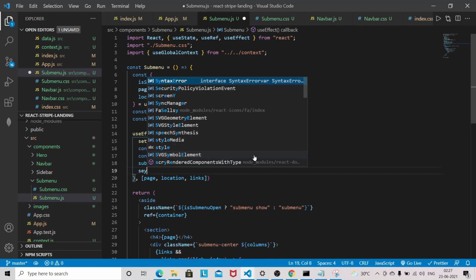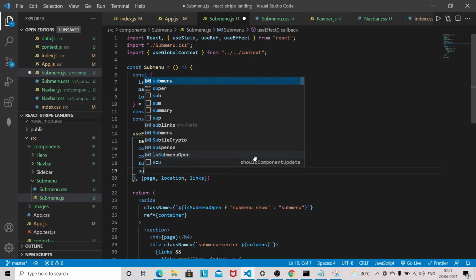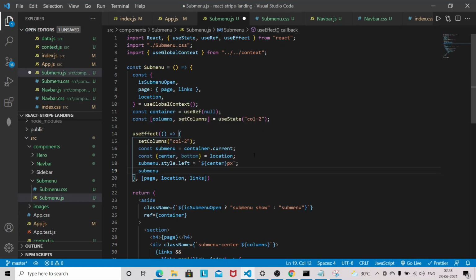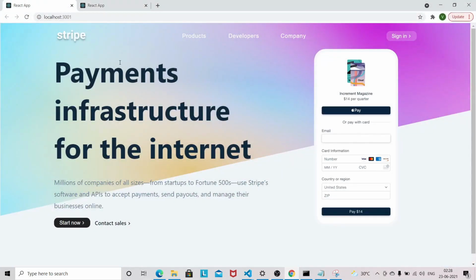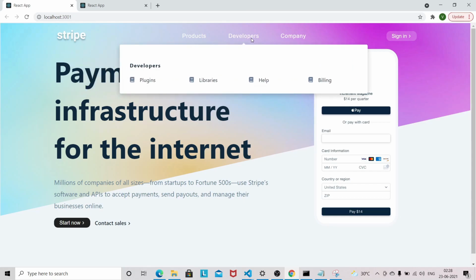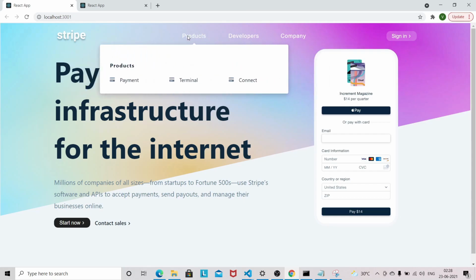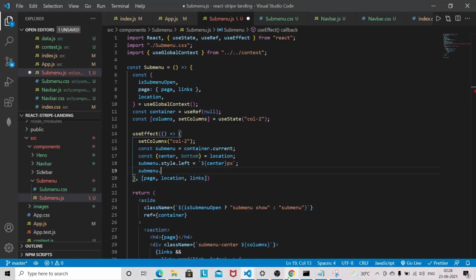So I am styling this way inside the useEffect, because we are not aware how many items will be there when the user is hovering on the header item. So that's why I am doing it this way.